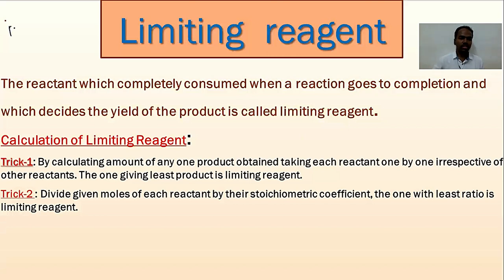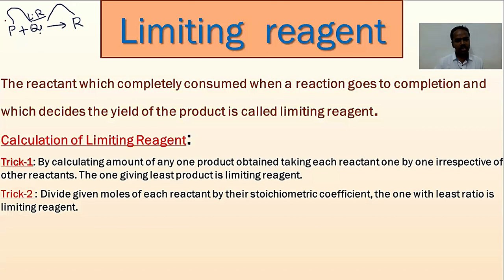Two reactants P and Q react together to form product R. In this equation, let us suppose Q is the limiting reagent. So this is the limiting reagent which is completely reacted or consumed at the completion of the reaction. It can decide the number of moles of product R produced in the chemical reaction, nothing but the yield of the chemical reaction. It also decides the quantity of P that has to react with Q.